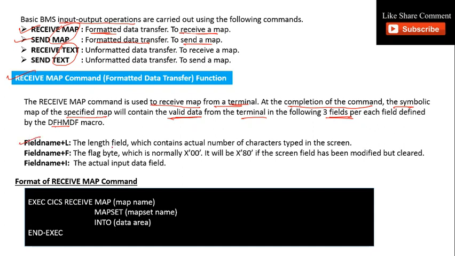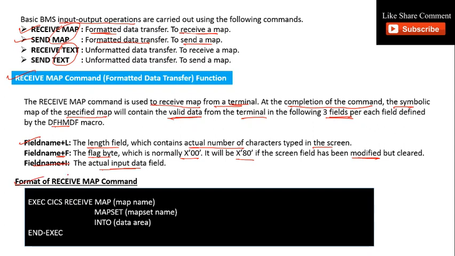Field name plus L: this is the length field which contains the actual number of characters typed on the screen. Field name plus A: this is the flag byte which is normally X'00', and it will be X'80' if the screen field has been modified but cleared. And field name plus I: the actual input data field.